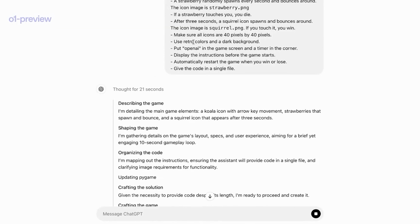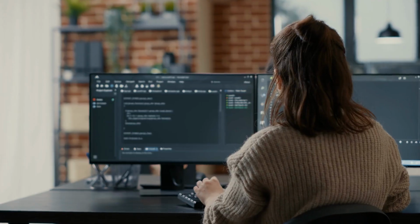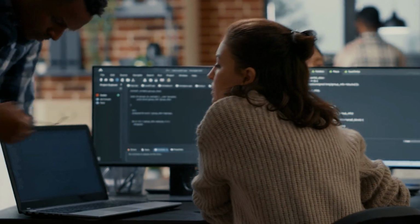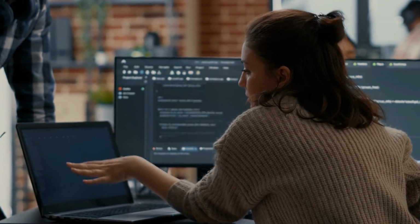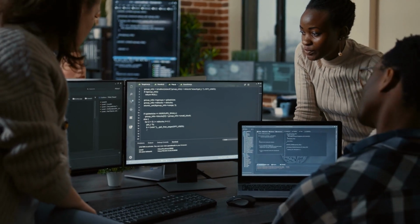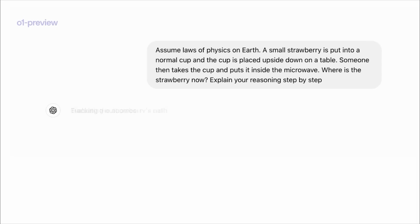The range of GPT-o1's capabilities highlights its potential to make advanced skills like coding, planning, and data analysis accessible to a wider audience. However, it's important to recognize its limitations. The model is not flawless. It requires clear inputs, human oversight, and a willingness to experiment. Its slower processing times and occasional errors mean it's best suited as a collaborative tool rather than a complete replacement